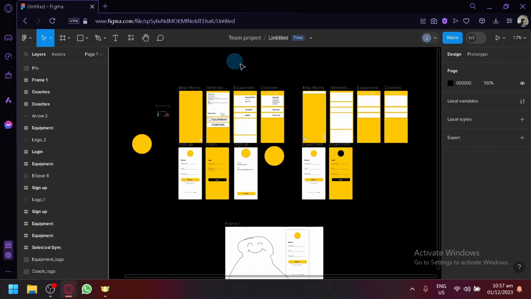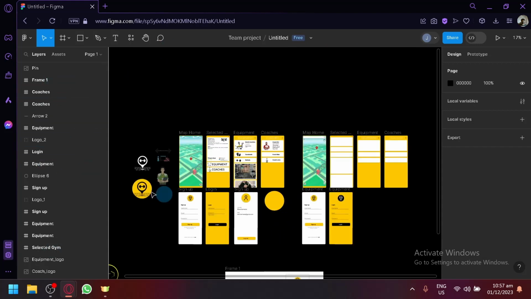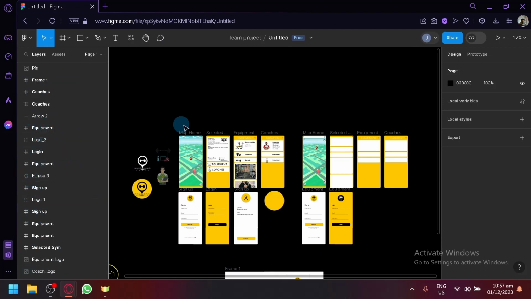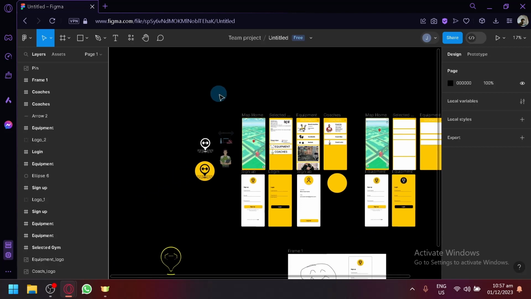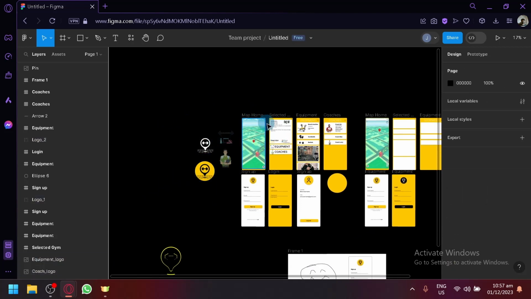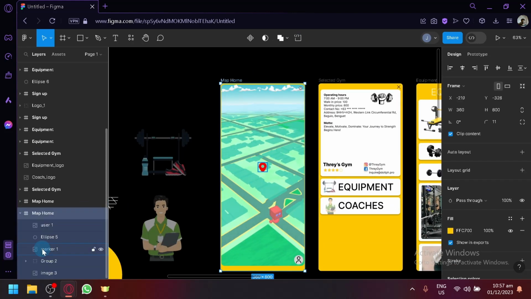As you can see here, this is an example of a very messy output, a very messy design. And on the left side as well, it's very unorganized. So what you need to do is select the groups. For example, you have a home page of the app. You should have this as an entire group. Everything inside this should be grouped so that it's easier to